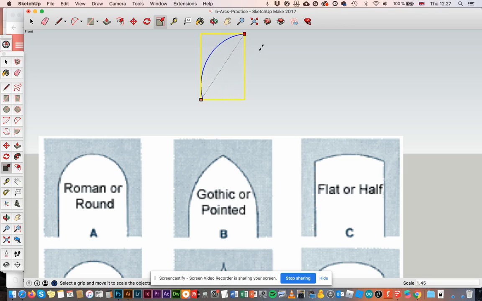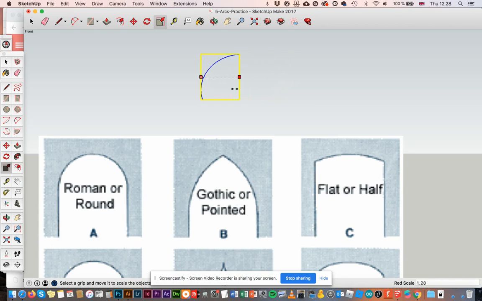Now, while I do this, you will notice that down here in the bottom right-hand corner, I have the scale that is written in. This means that if I want to change the width of my arc,